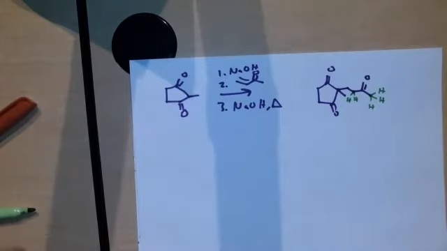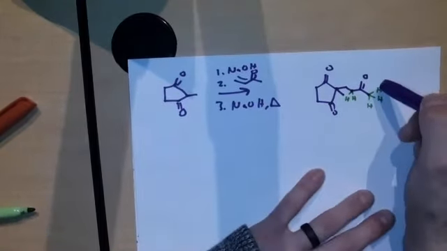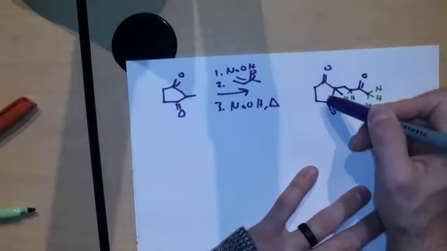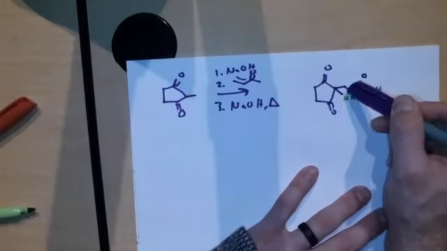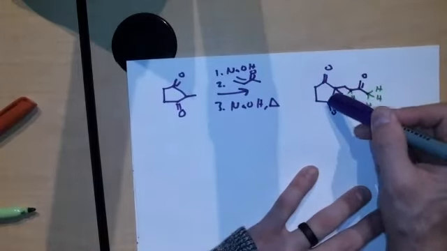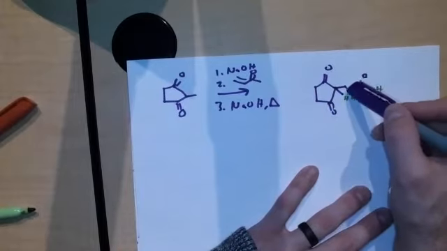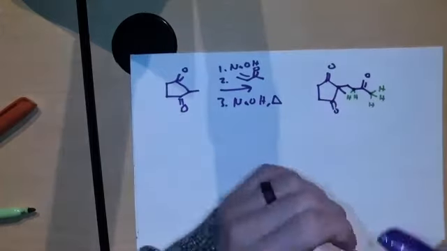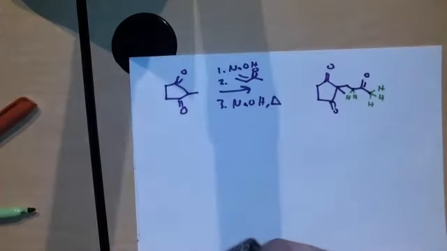If I was to pull off this proton here and do an attack on this carbonyl center, I would make a 1, 2, 3, 4, 5, 6 membered ring. Versus if I pulled off this proton and it attacked, I'd make a 1, 2, 3, 4. We talked about a while ago, 6 membered rings are dramatically more efficient than 4 membered rings. So adding in NaOH